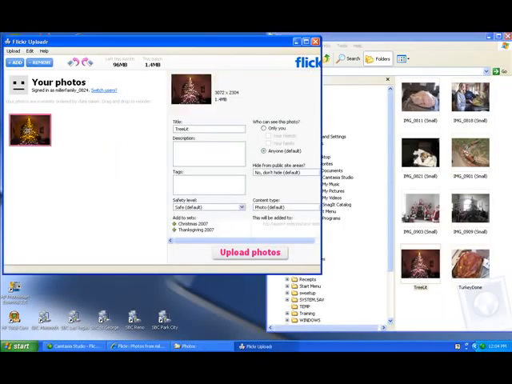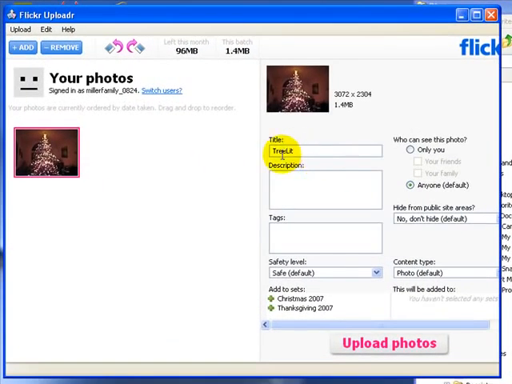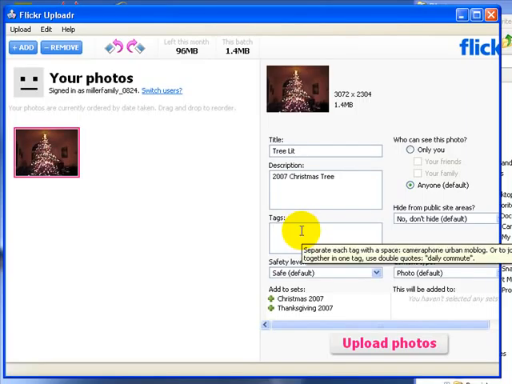I can click on the photo, and I can see the title, which by default is the file name. And I can make this a little more descriptive, or Tree Lit's pretty descriptive for that one. I can put in a description: 2007 Christmas tree. I could also add some tags here, and probably